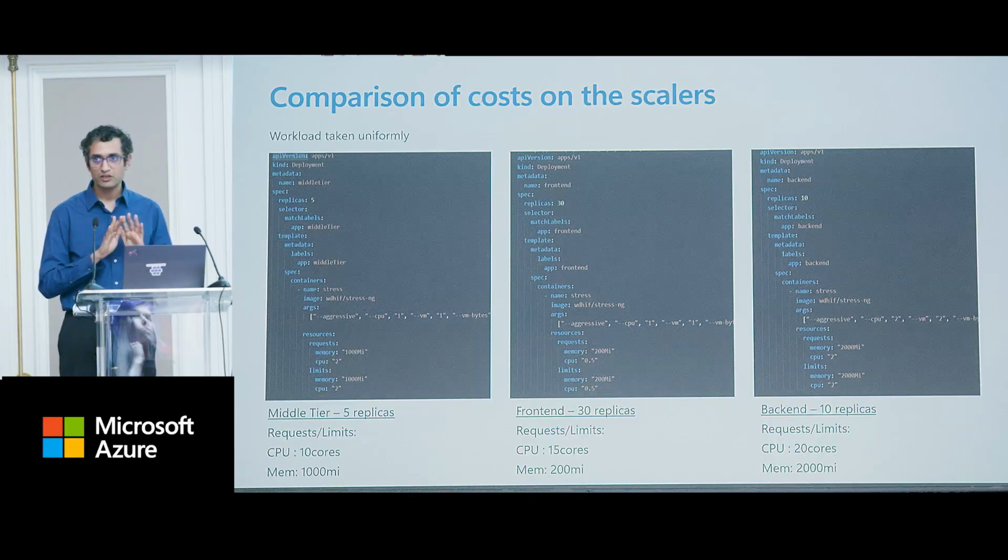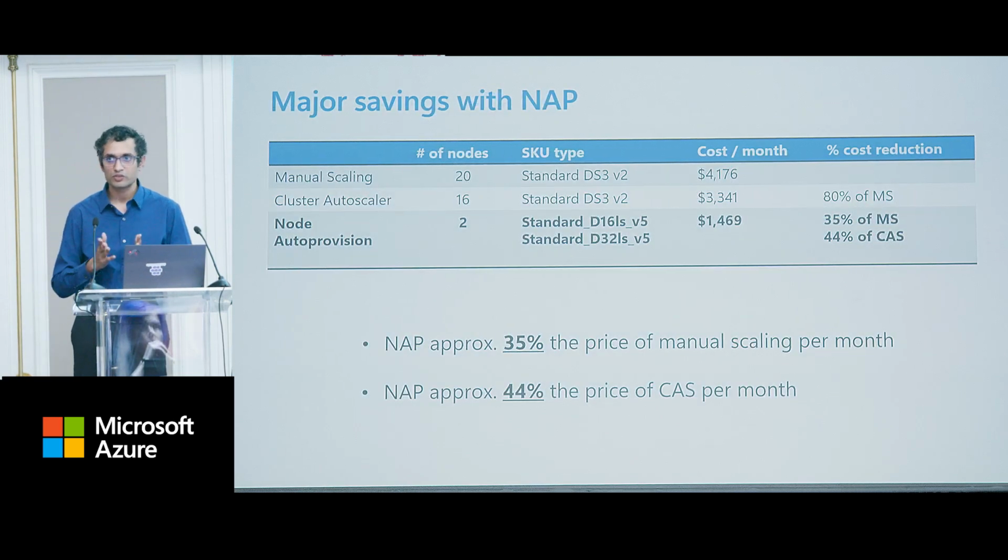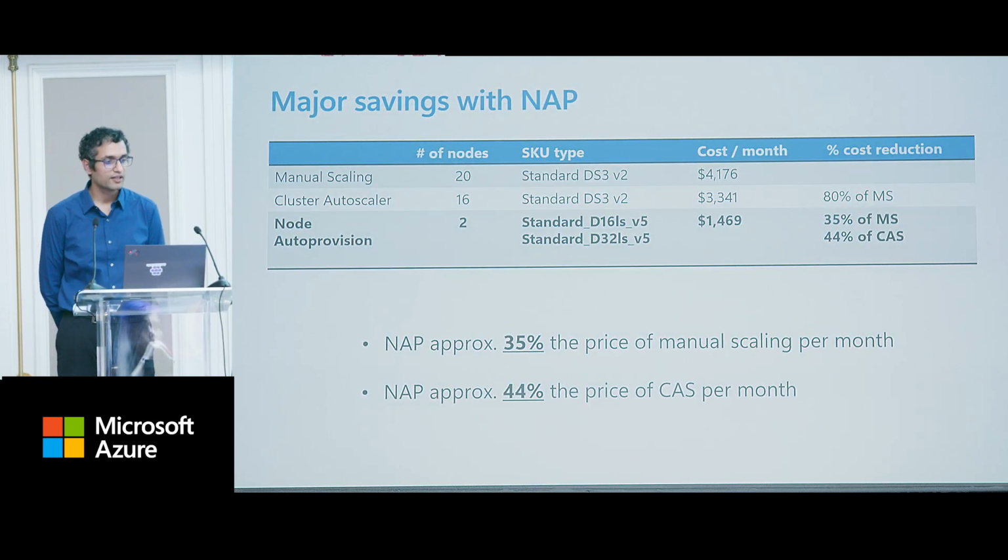So we kept this workload consistent on all the 3 scalers for the same time span, and let's just see the results. And that's something you can do on your test or dev environment as well before making the choice of what scaler suits your need. So we just went with the total request coming around 50 cores and about 28 gig for the entire application. So as a newbie operator persona, you can probably take